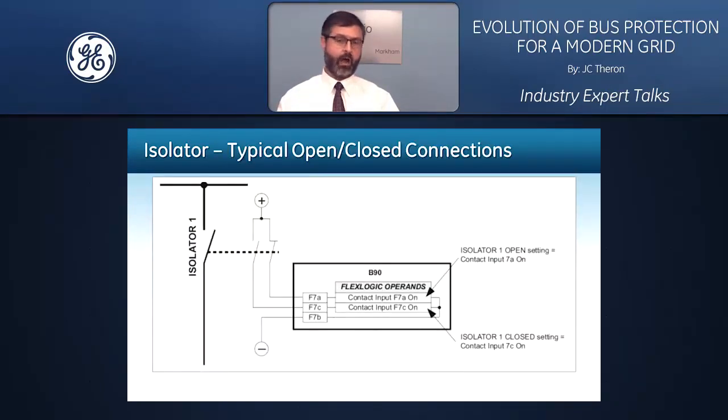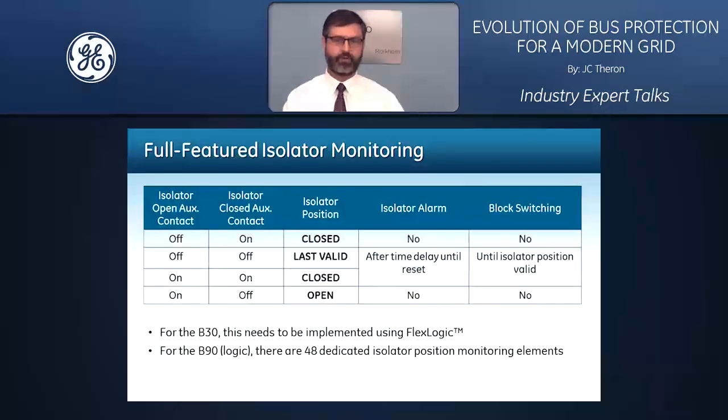Now, typically how it would be wired to a B90 in this case is just simply the A contact and the B contact would be wired to two separate contact inputs, as is shown in this case to a B90. The full-featured isolator monitoring capability that we have in the B90 and B95 Plus works roughly as follows. If we look at this table, our isolator open aux contact, isolator closed aux contact, if we have the combination off-on,